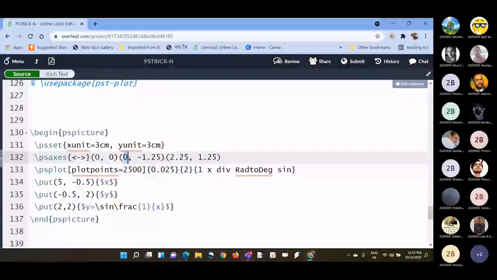And this is the minimum value of x, minimum value of y, maximum value of x, and maximum value of y. This is the center, this is the minimum value of the x-axis, minimum value of the y-axis, maximum value of the x-axis, and maximum value of the y-axis.